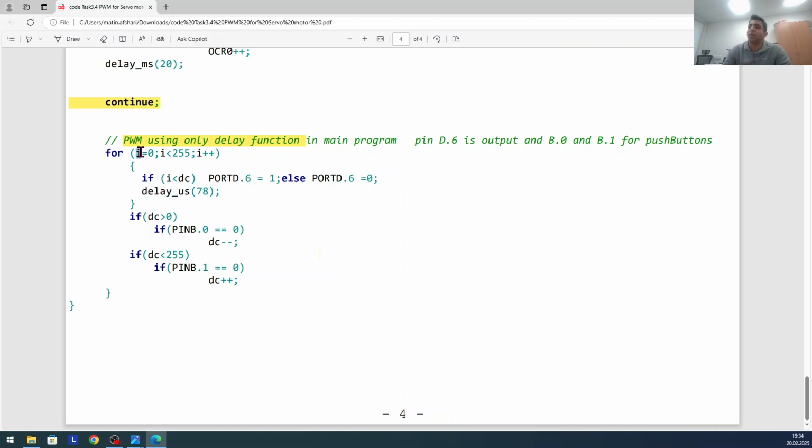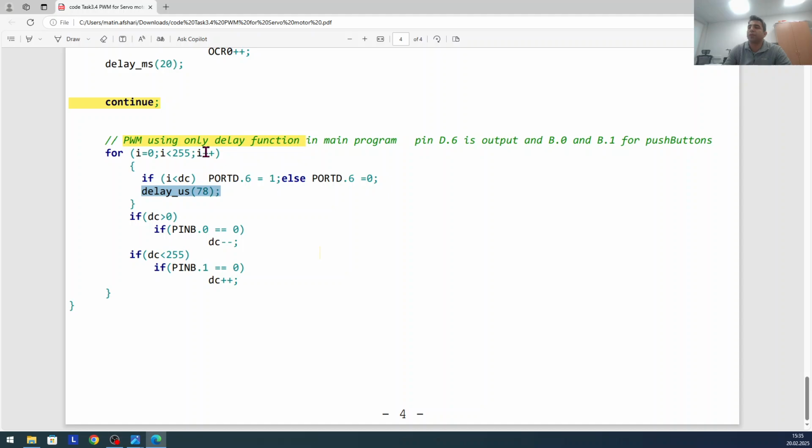So every I that is counting here comes here and makes a delay of 78 microseconds. Then, for example, say we have decided to put the duty cycle DC to be 50%. So 50% of 255 is about 129. So if we had the DC value to be 129,